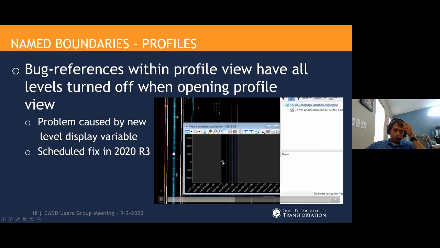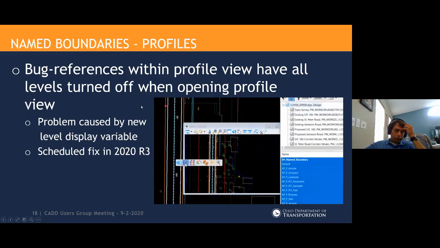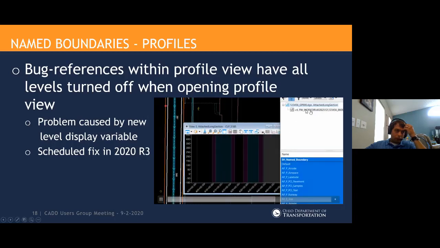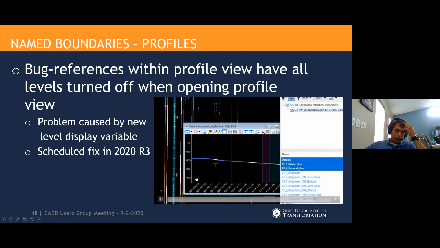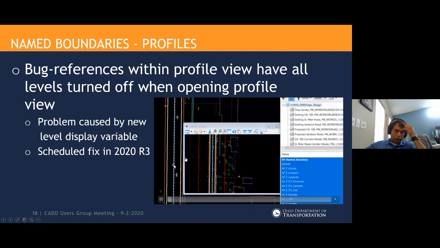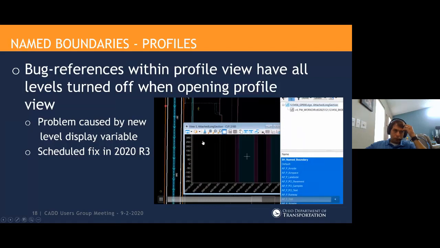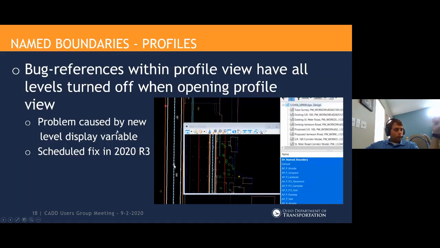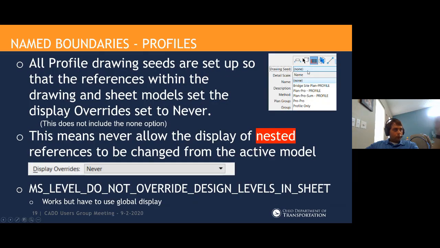But yeah, I have this repeating video here that shows when I open that new view up, you'll see the reference levels are not on, and I just have to go and turn those on. So anytime you open that new window, after it's open, save settings, reopen the file, it'll stay on. I want to make sure everyone's aware of that.